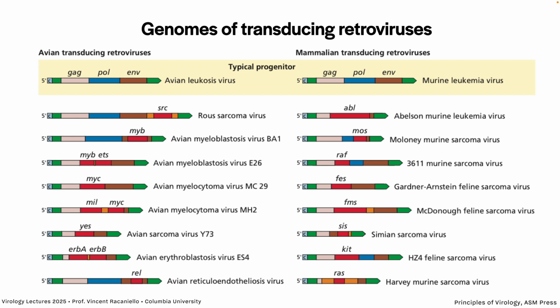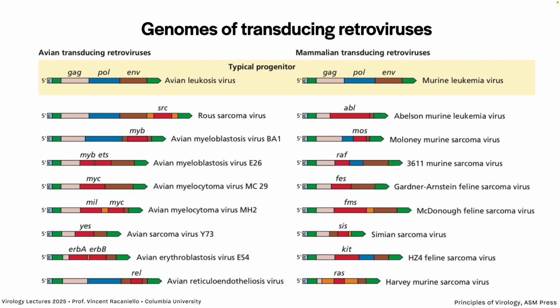So here's Rous sarcoma. There's the avian leukosis virus genome: GAG, POL, ENV, 3 genes. Rous has SRC stuck at the end, so it's not defective. But look, this one, the cell oncogene MYB is stuck in envelope, so this virus needs a helper to make particles. You can see different oncogenes stuck into different places. They're all defective. Yet, all of this identified to us cell genes involved in growth control. Amazing.